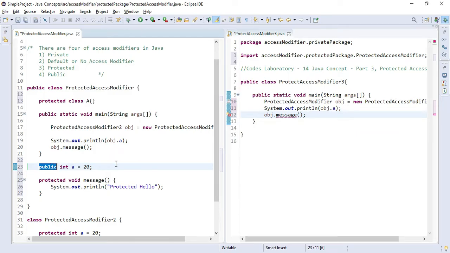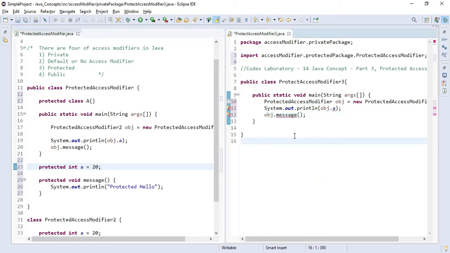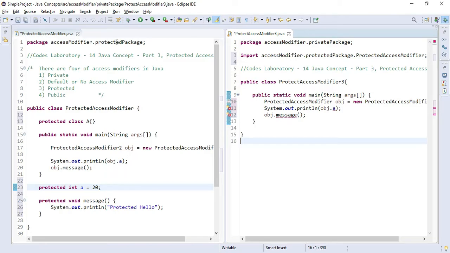But we do not want to do that, so we undo it, and you can see the error has come back. So it means we cannot simply use the protected properties present in one package in another package's class. While creating the object we cannot do this.